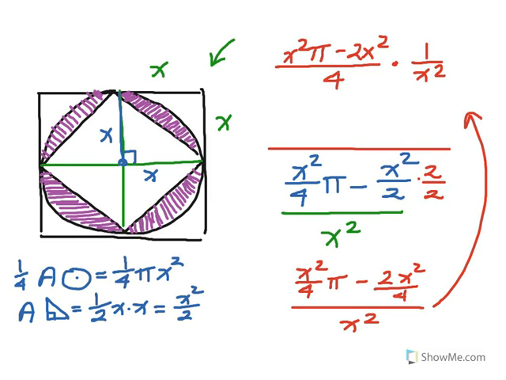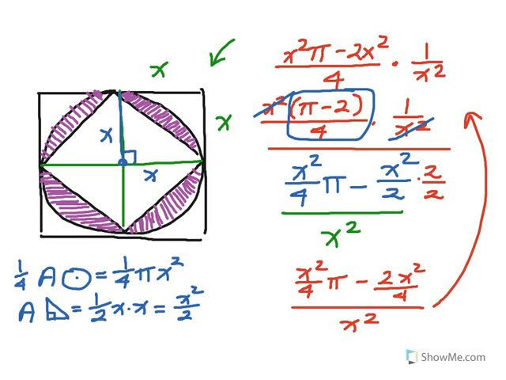And I'm almost done here. If I factor out the x squared in the numerator, I'll have x squared times pi minus 2 all over 4 times 1 over x squared. So I'm going to cancel. I have an x squared over an x squared that cancels, and I'm left with the ratio pi minus 2 over 4. And if I enter that on my calculator, pi minus 2, so about 3.14 minus 2, divided by 4, I get about